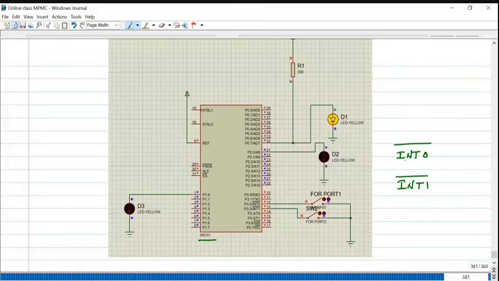If any interrupt occurs, then the microcontroller starts executing the interrupt service routine from the default address